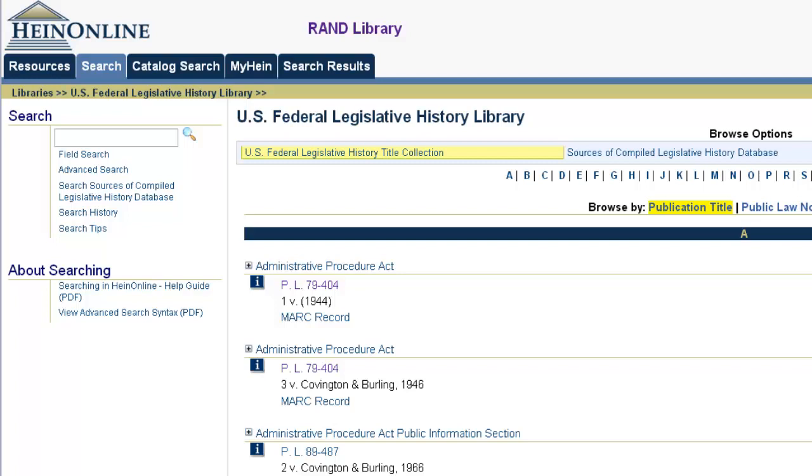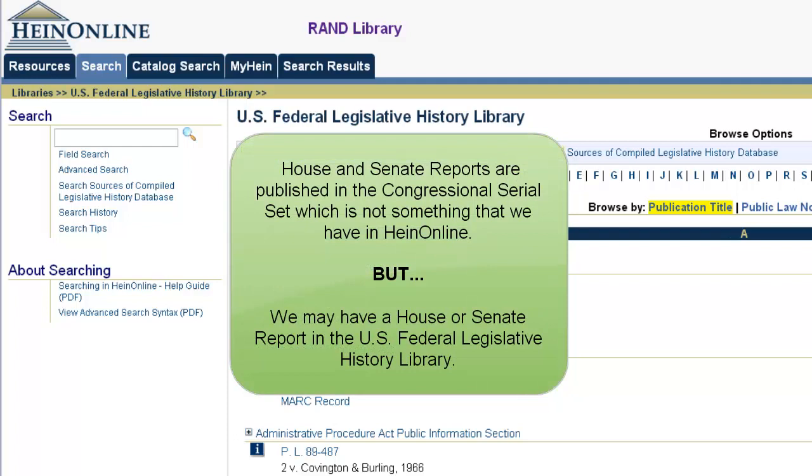Committee reports are considered to be one of the most important documents of legislative history research. So you may be asking yourself, where can I find a House or a Senate report in HeinOnline? Well, all House and Senate reports are published in the United States Congressional Serial Set, which isn't a resource that